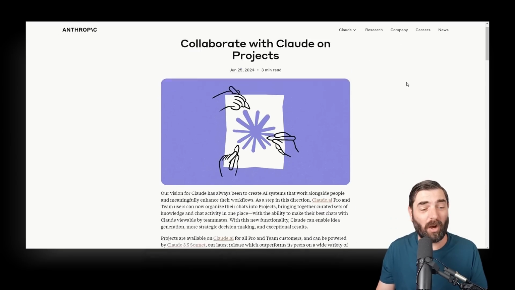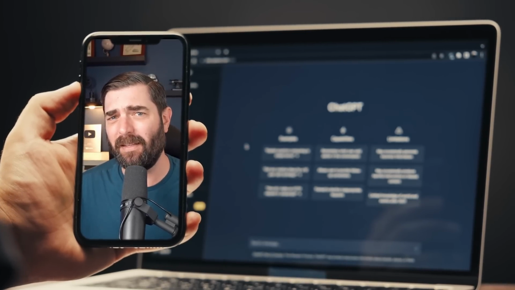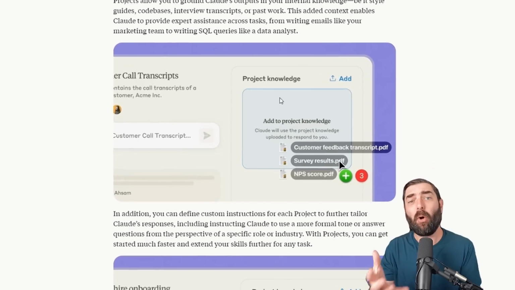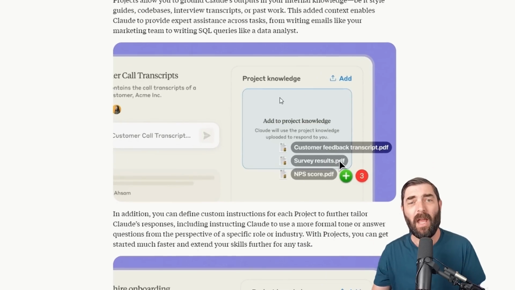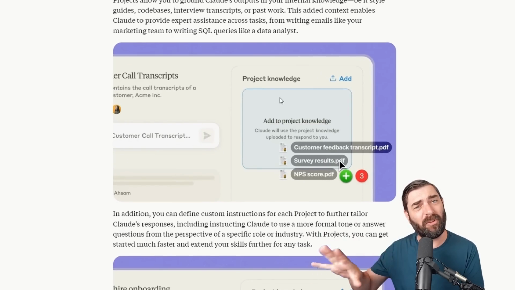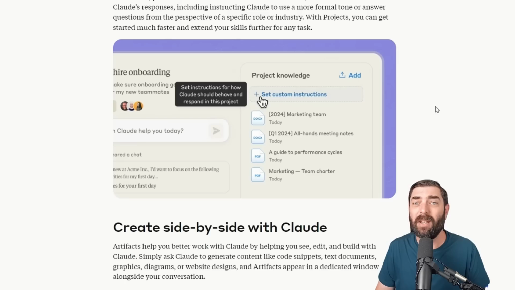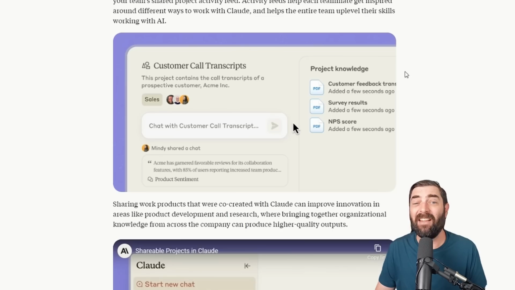You can now create what they call projects, and a project is kind of similar to a custom GPT over on ChatGPT. You can upload a whole bunch of files for context, and then every time you log into that project and have a chat with it, it's going to use that same uploaded information every single time. You can even give it custom instructions so it knows how to handle any prompts that you enter into this specific project. They added the ability to share projects with other team members, and it also got a slight user